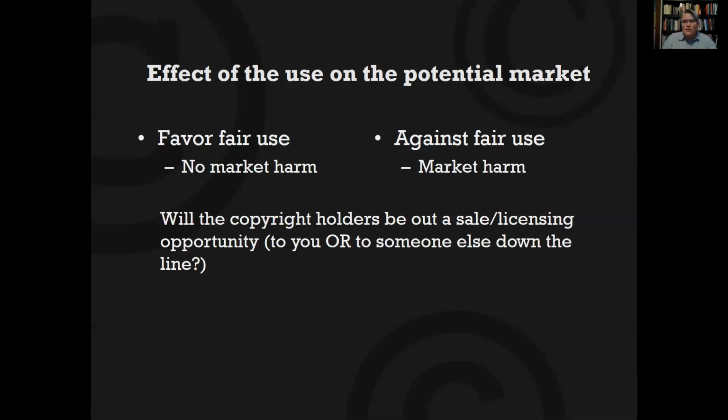On the other hand, they don't get to wipe out fair use just by saying, well, we offer a license for this. I've seen news websites where you can ask for permission to reproduce like 12 words, and they'll say, okay, well, that's $5. Here, pay $5 and you have our permission to copy these 12 words. You may well not need permission to copy those 12 words. 12 words is a very small amount of most news articles. You probably don't need that for critical purposes. Just because they're willing to sell you a license doesn't mean that that possible market harm wipes out fair use.